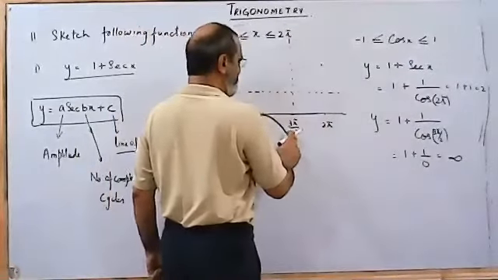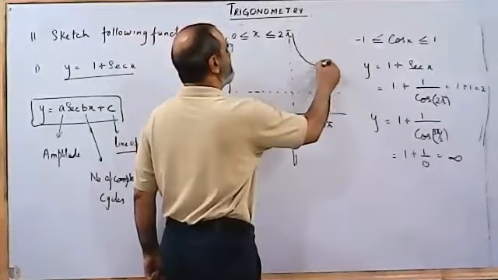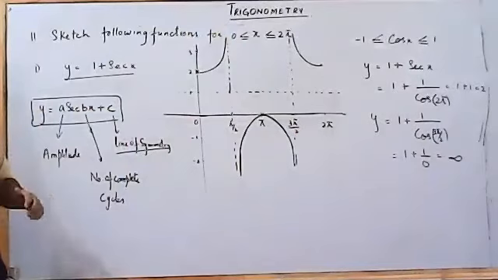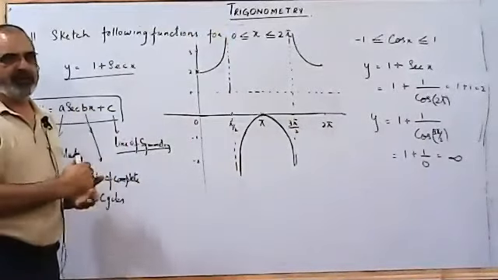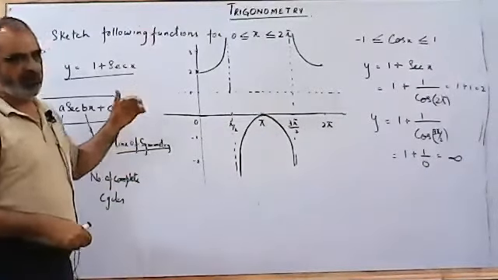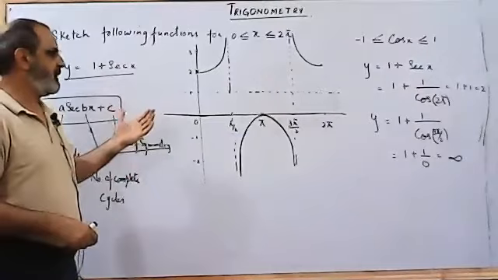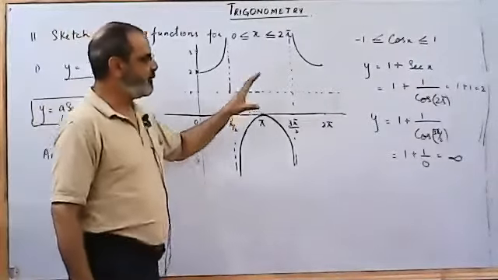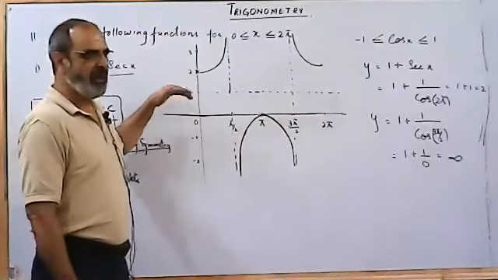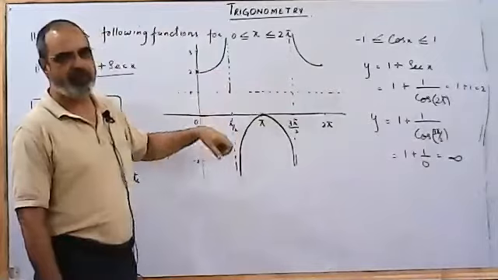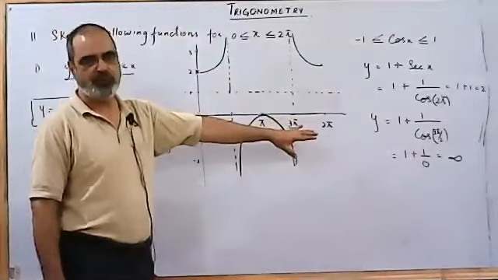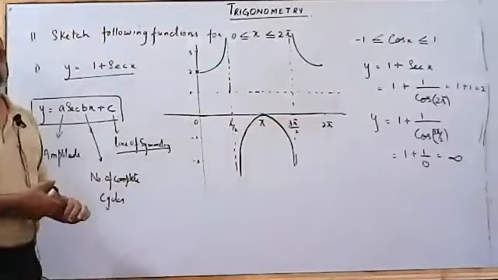It remains undefined at 3 pi by 2, but the curve bends like that. It is in the positive section. So I don't have to follow the technique which I explained to you the last time, that first draw the curve of the cos and then take the reciprocals of every point. Simply by calculating, you can find the location where the point lies. Then you have to consider the quadrant, what is the behavior of the cos curve in the first quadrant, in the second quadrant, in third, and in the fourth. So this is how you can sketch any graph.